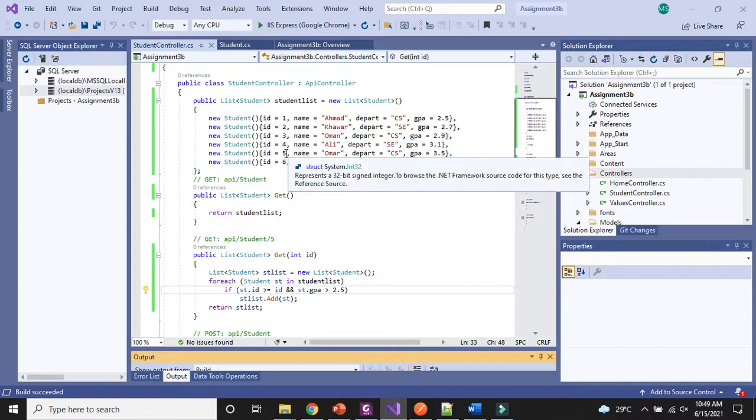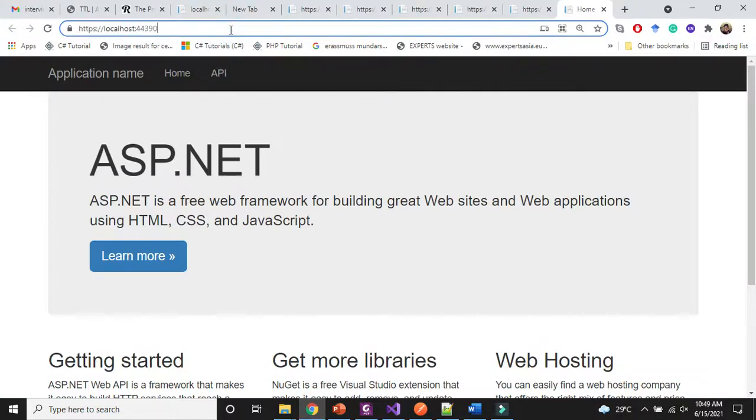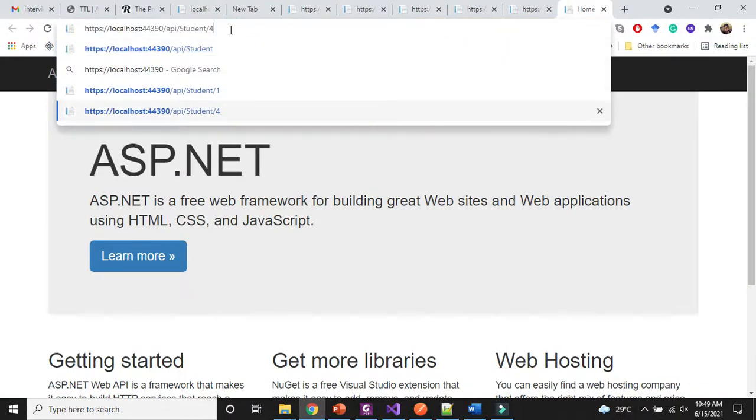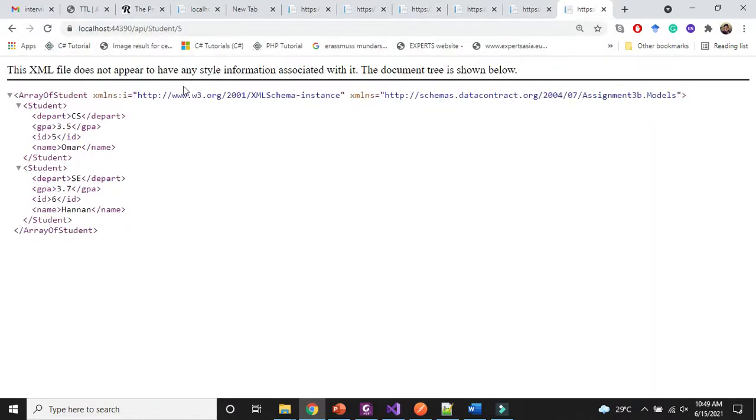By giving the id 5, the system needs to show us the data of only these two students. Now the application is in running condition. I will provide the id 5 over here. Let's see. Yes, it is giving us only the data of those two students having id more than 5 and GPA more than 2.5.